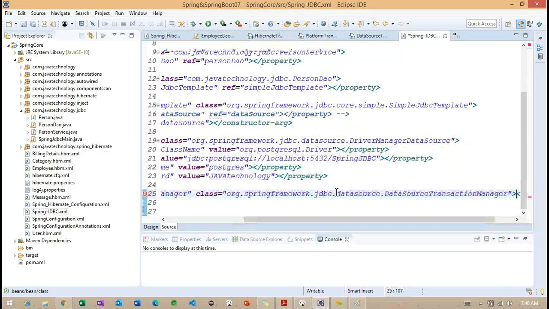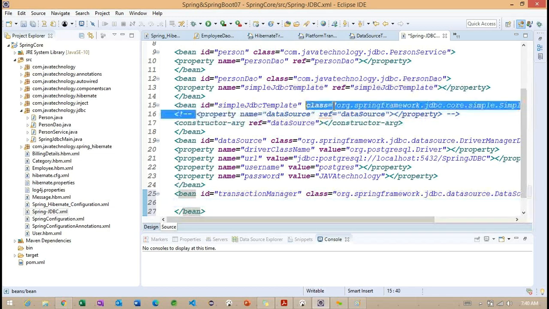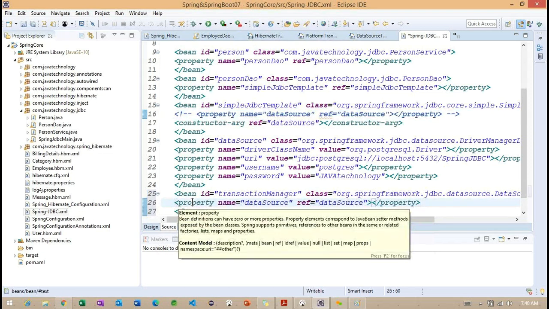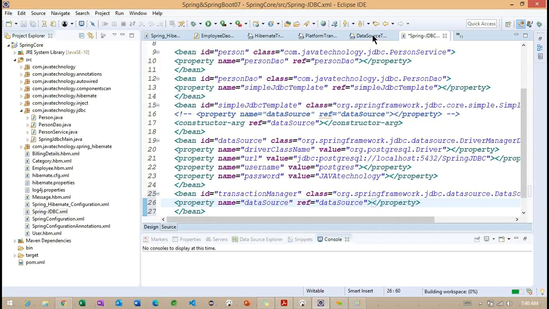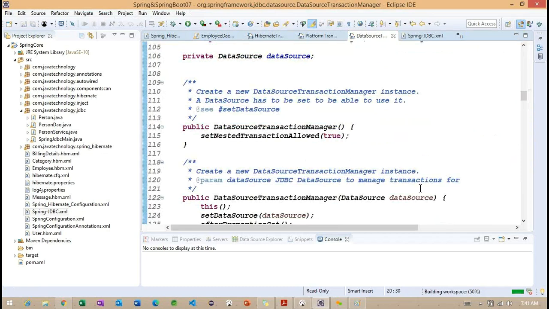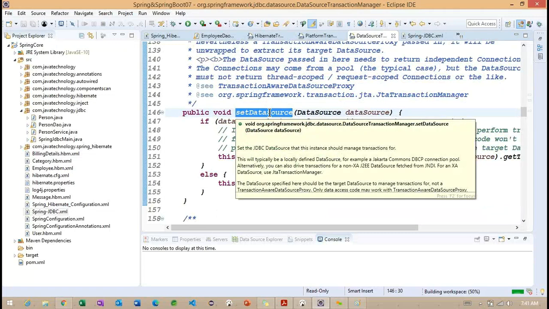It expects a property as well as a constructor. Now I want to work with the property here. Because we identified in the previous one that this data source expects a constructor and also expects a setter, we have an option: either we can work with the property or we can work with the constructor.